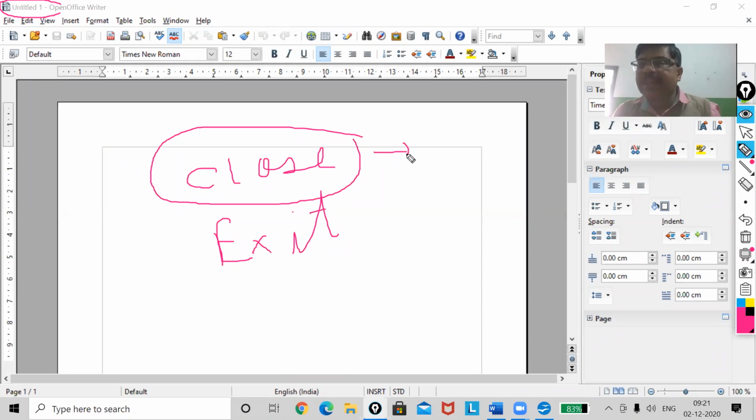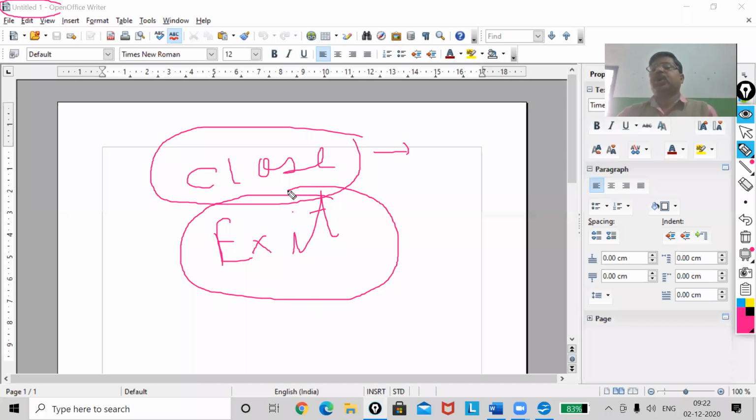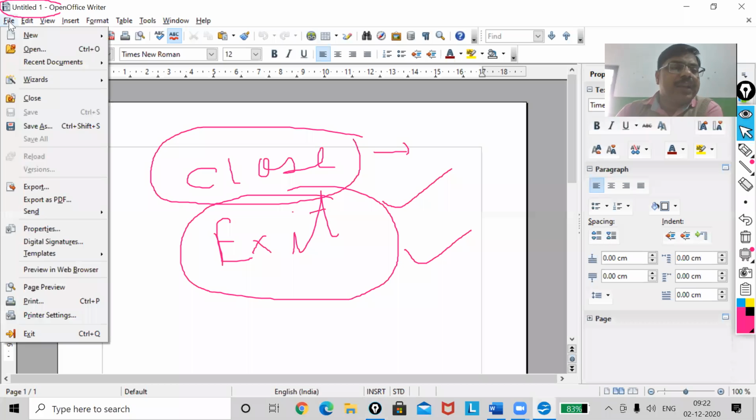Once the file is saved, only your file will be closed, but your Open Office Writer window will not be closed. But when I'm talking about exit, both will work. It will close your document as well as let you quit from Open Office Writer. Clear?